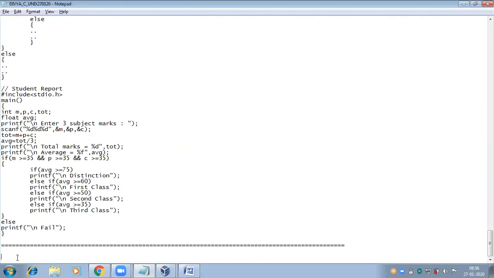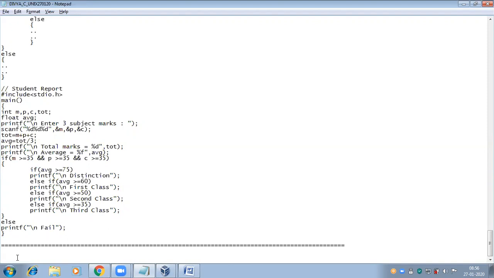So these are all the examples for relational operators and logical operators. Relational operators are less than, greater than, less than or equal to, greater than or equal to, equal to, not equal to. Logical operators are and, or, not. With the help of logical operators, I can write multiple conditions here. In case of the logical and operator, all conditions should be true, then only the result will be true. In case of the or operator, if any one is true, then it returns true: condition 1 or condition 2. In case of the not operator, if the condition is true, then the result is false, and false becomes true. It is the negation operator.